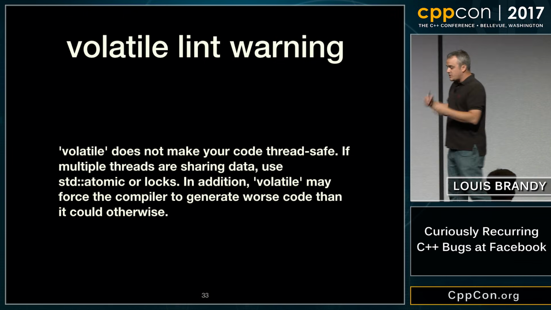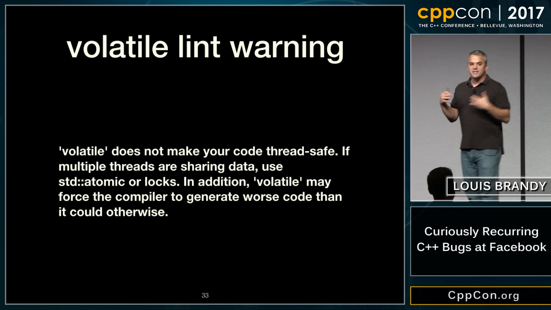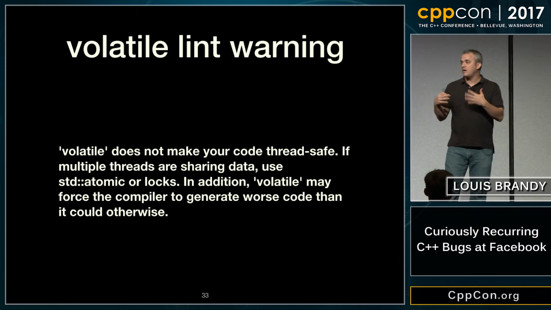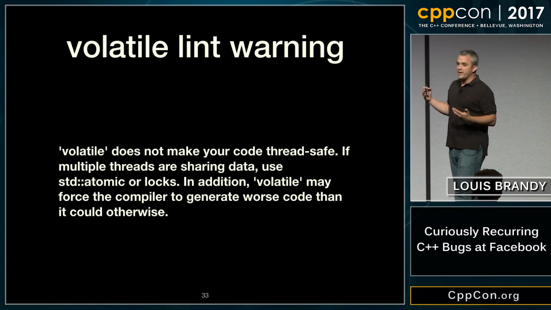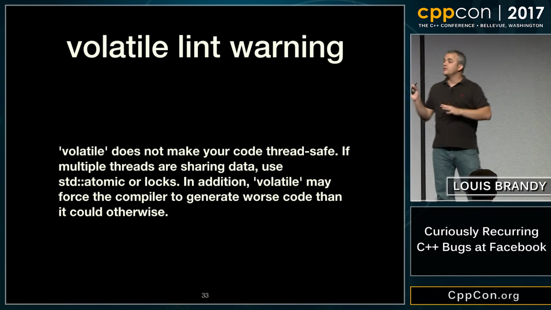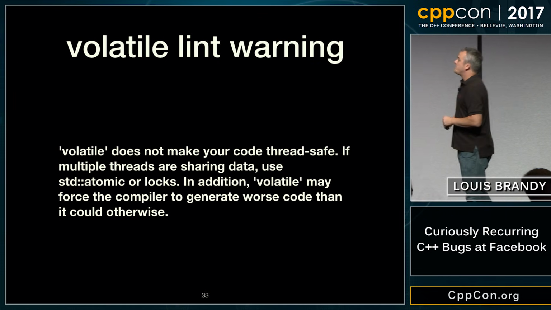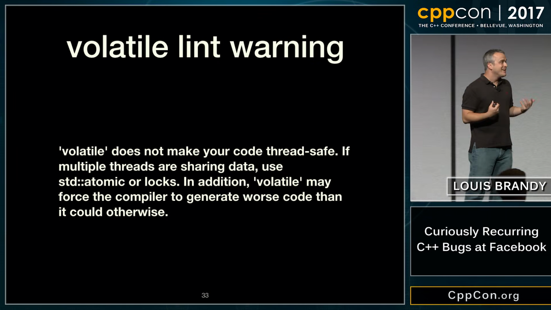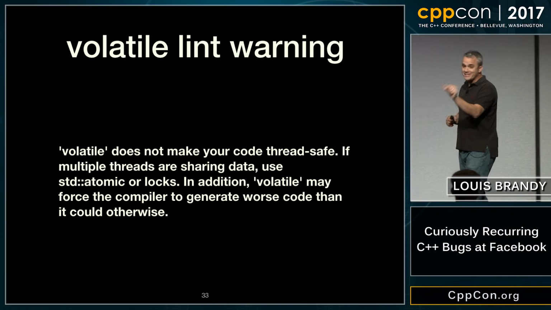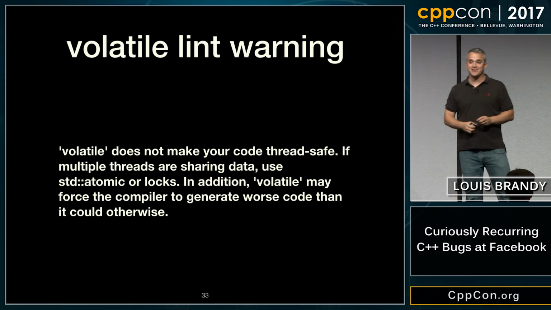Almost every use of volatile in our code base had to do with threading and trying to synchronize threads. Now, there are legitimate use cases of volatile that don't involve threads. They just don't exist in our code base for the most part. You might live in a code base where you have memory mapped IO and you need volatile. But we don't. So I had a really bad lint rule by most lint rule standards, which said if you write the word volatile and it's not in a comment, I'm gonna lecture you on your diff automatically.